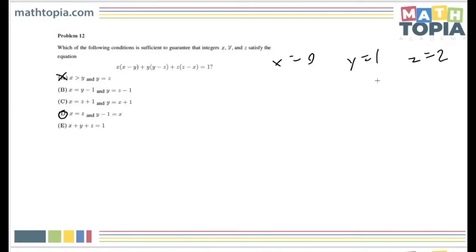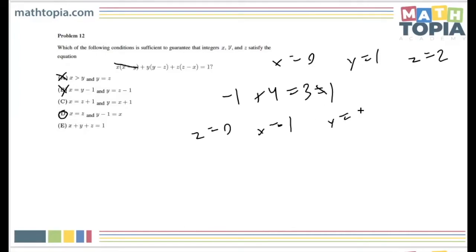If we tried that, this would cancel, and then the other two terms would just become 1 times 1 minus 2, -1, and then the next term would just become 2 times 2, 4. This is 3, that's not 1. So B doesn't work. For C, for example, we could try z is 0, x is 1,